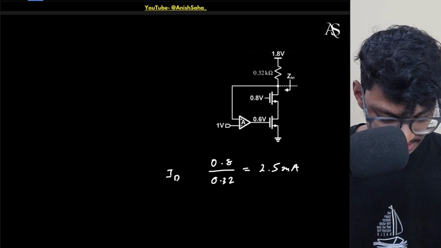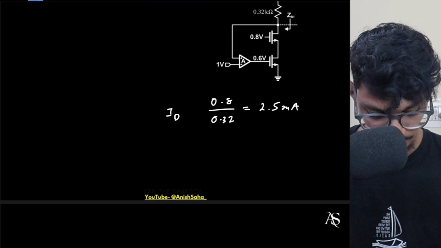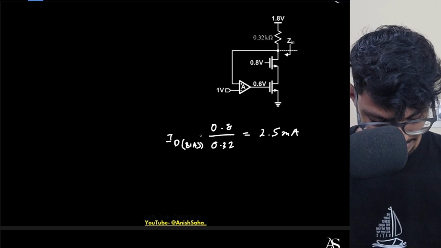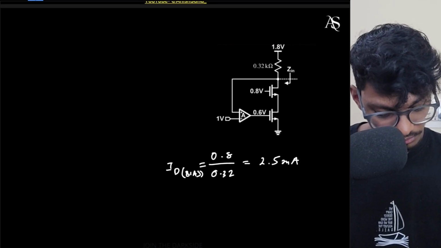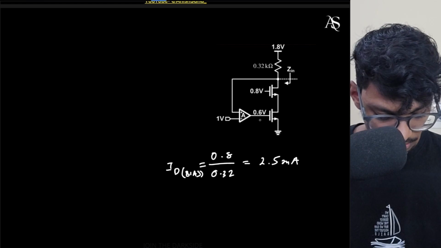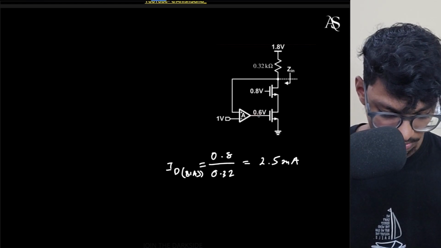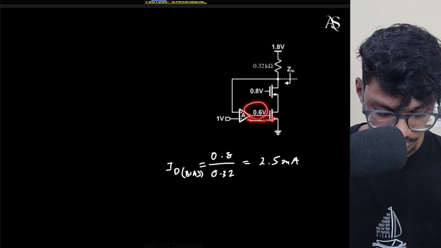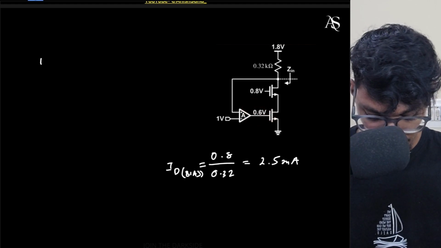This is the ID bias as given. This was already given, but still I found it out using simple KCL. Now they have already given this as 0.6 volts. This output of the op-amp is 0.6 volts. Okay, so this is 0.6 volts, and I know one equation that ID